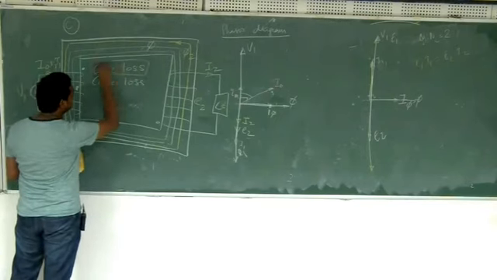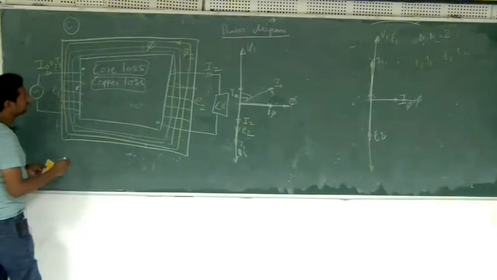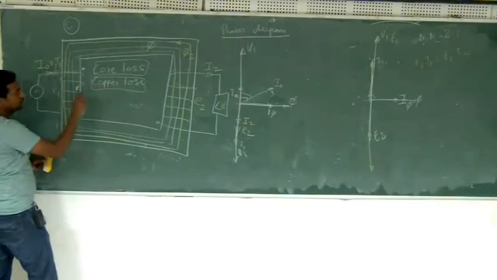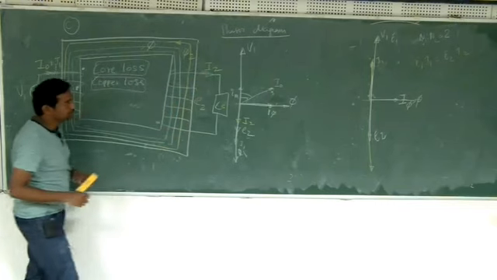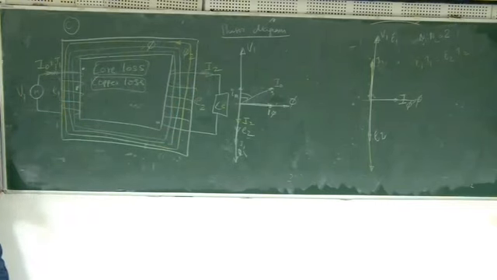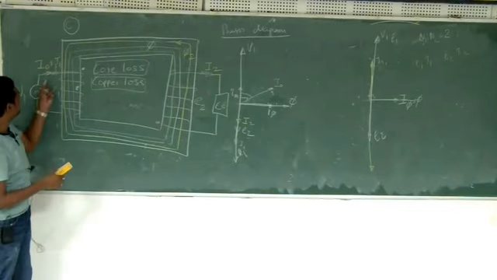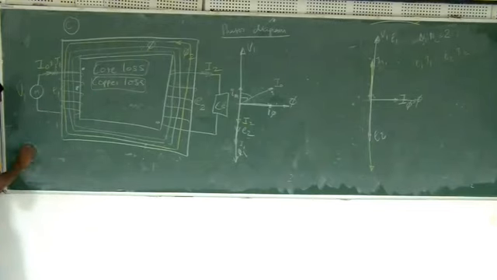So core loss we have considered, now we'll consider the copper loss. What about the resistance in this winding and in this winding? How do you account for that? You can simply apply, see, this is V1, this is the resistance, and this is E1, the induced EMF. So just Ohm's law: I1 times R, the drop here, you subtract from the voltage, and whatever remains is E1.